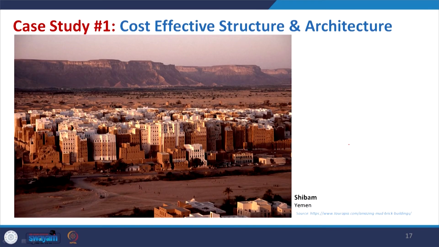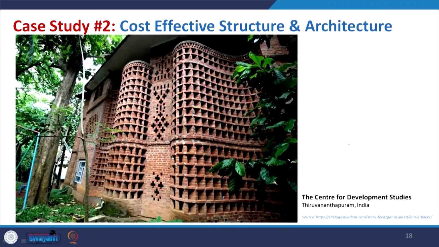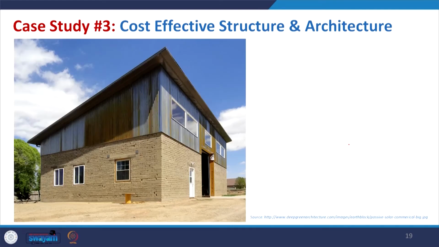Now coming to some case studies where cost-effective material or technology is being used. This is something in immense EBM. That is something of a mud structure, which is considered to be high rise, and compared to that this is something really beautiful in Thiruvananthapuram. In this case, this is the Center for Development Studies, and you will find many of the works of Laurie Baker here. Use of brick, different brick bonds, and not only the cost saving, the whole architecture, the beauty is matching with the nature, and this is also really interesting.